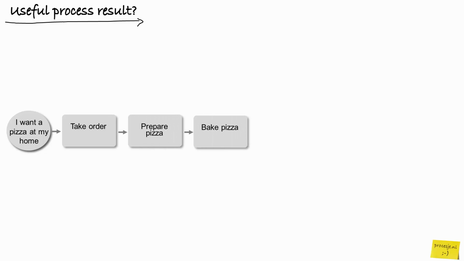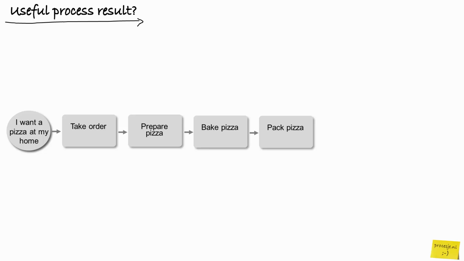And sometimes people just want to talk about that process, and then I'll keep on asking the same question. For example, if they say, I want to tell you how we deliver pizzas, and then we first take the order, and that's why I'm a big fan of milestones in process models, for example. That leads to the milestone order taken. And then you could discuss, is this a real useful result? I don't think so. Customers don't come to a pizzeria to have their order taken. So let's continue. Finally, the pizza will be baked. And that's the milestone, and you could ask, is this what customers want? Partly, but I don't think it's the end result yet, because that's just a pizza waiting in the pizzeria.